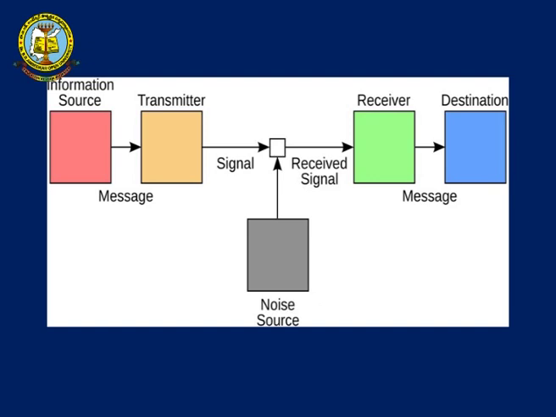Apart from that, let us look at the model of communication right now. Here, if you see, there is information source, transmitter, receiver and destination. In between you can see a square box, right? And there is a noise source. For example, we are the source of information for this particular topic to you guys. And the transmitter or the signal could be wherever you are trying to watch this video.